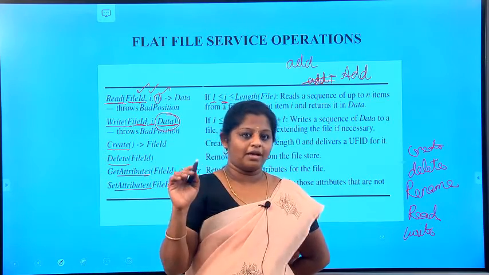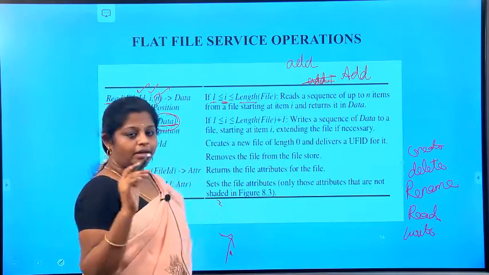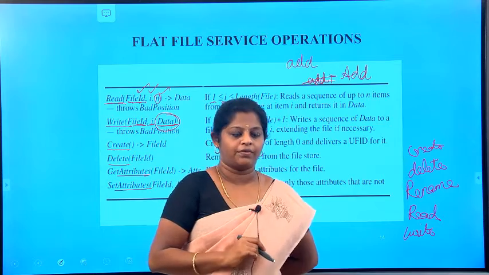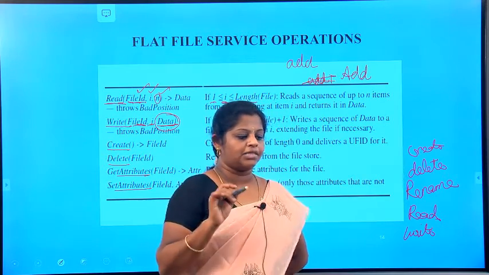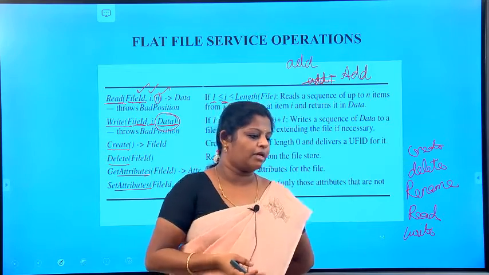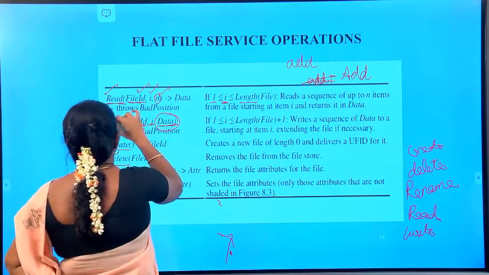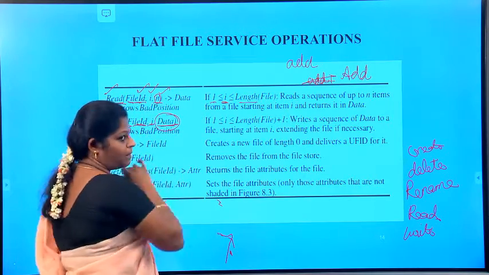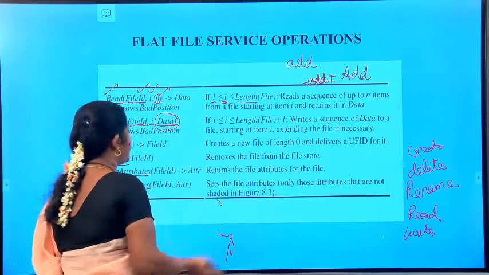Okay, so always the I specifies both fields, and the I specify tells about the position of the file, where it is going to start. Okay, and the read operation is to copy the sequence of n data items, beginning at the item that will be specified, into the data. Okay, it's fine. So read operation completed, write operation completed. N represents the number of bits that you are going to read, and this is the data that you are going to write into the file.